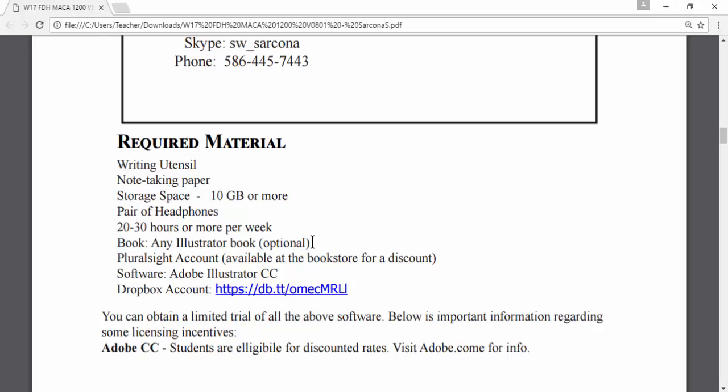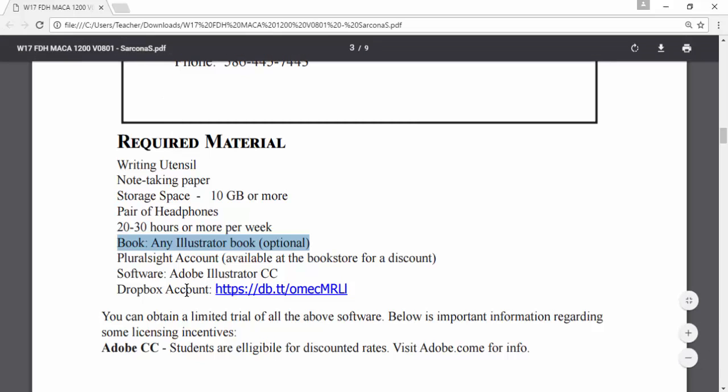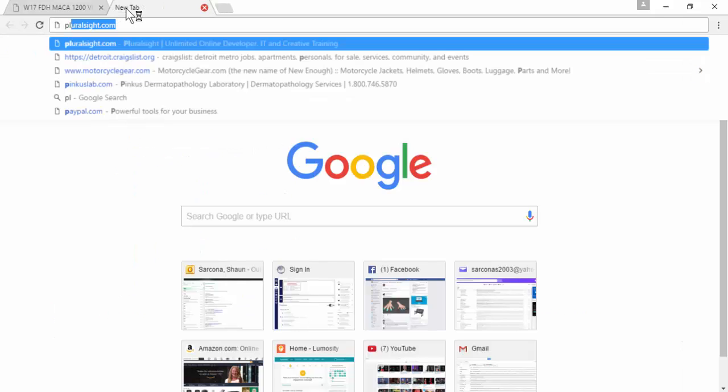Book. Any Illustrator book I recommend just getting, especially if you wanted to really be awesome at Illustrator, which is a super awesome tool. I recommend getting any kind of book for Illustrator or vector art or really just anything that would help you in this area. Okay. And I also recommend a Pluralsight account. And just to show you what a Pluralsight account is,